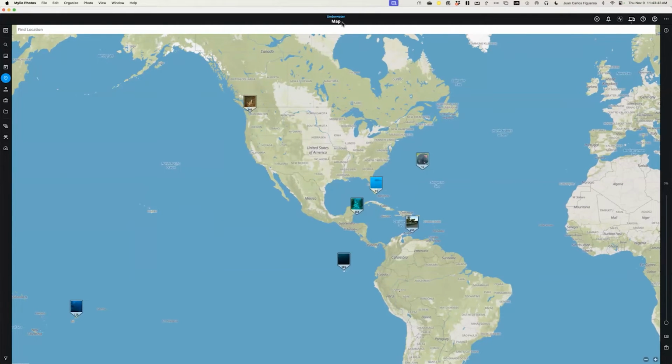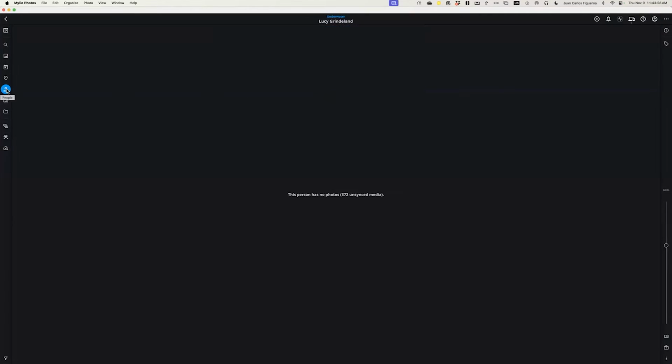I'm sorry, not view, but space. You can see what space you're working in at the very top of the screen. Right now, I'm working in the underwater space. I'm in the map view within the underwater space. If I go to my people view,